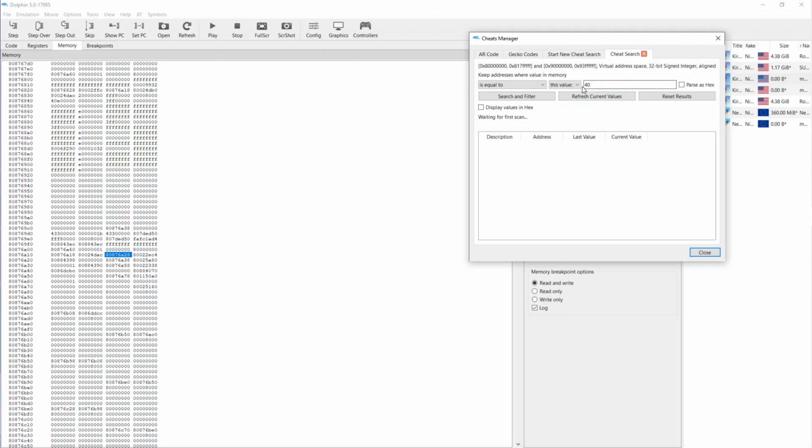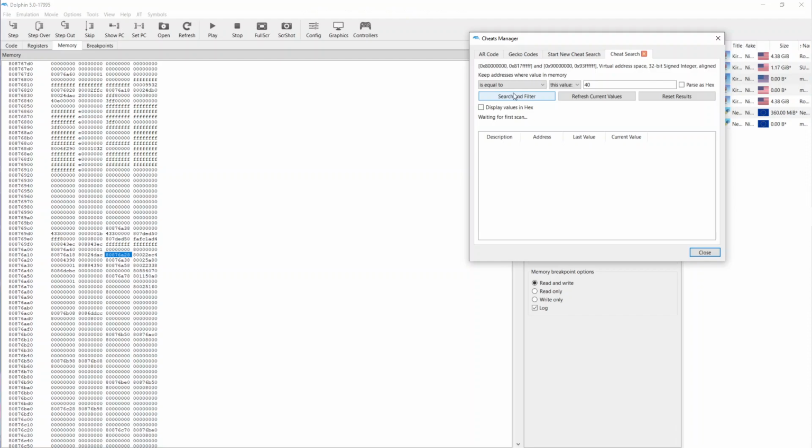And you put this value, or you also have the option of varying it to the last value or any value. I don't know how any value works exactly, it always confuses me. And then you can search for a condition: if it's equal, not equal, less than, less than or equal, and so on. These are the options. And you compare it. And when you search and filter, which I won't do because it will probably kill my recording, my computer is a potato, as I have stated multiple times,